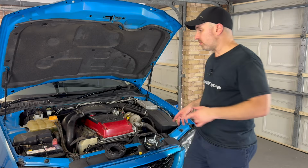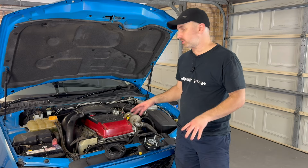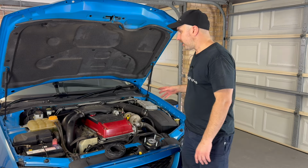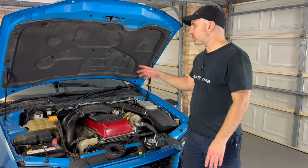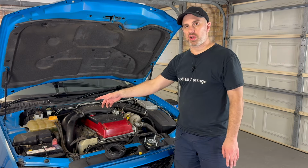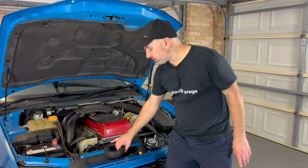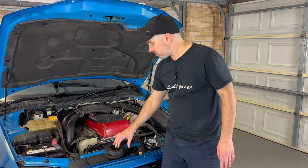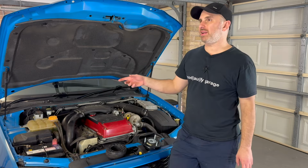So I have done my measurements. I've taken it for a good drive now just to make sure everything is correct. I've tightened everything up and taken it for about a 5-minute drive just to let the suspension settle. It's still sitting 5 mil lower on the driver's side, and it's a little bit higher. But with putting the brand new parts in, it has lifted it by about another